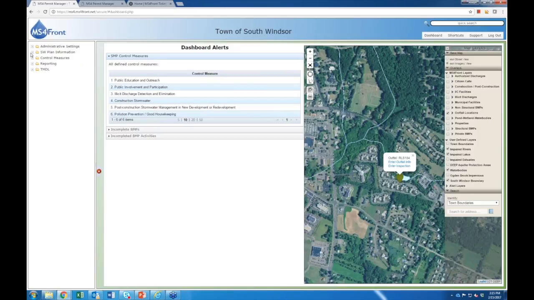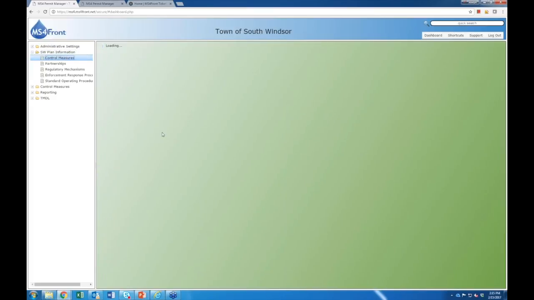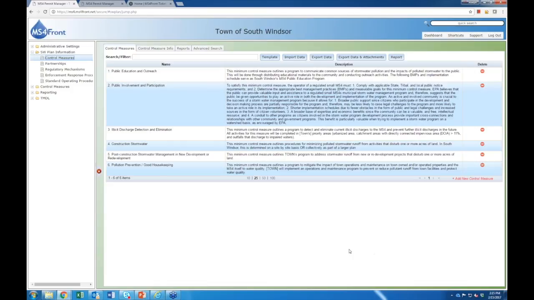So I'm going to go to the second folder here and expand it. So stormwater plan information, and we have a number of different pages underneath this folder. I'm going to go into the control measures, and you see we have now a table that shows us our 6 control measures again. So if I go into, for instance, the illicit discharge detection and elimination control measure, I'm